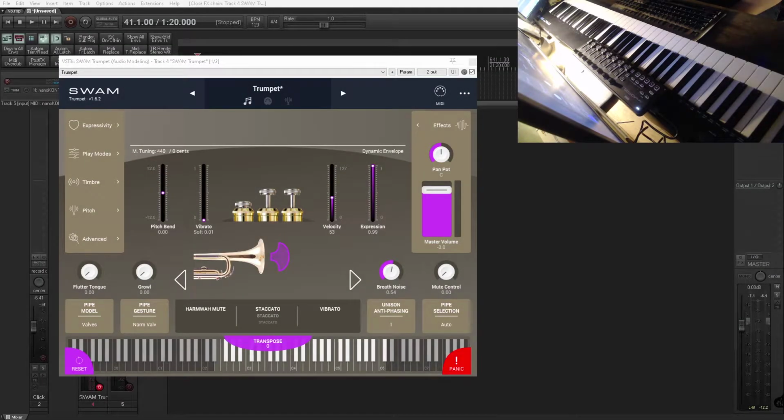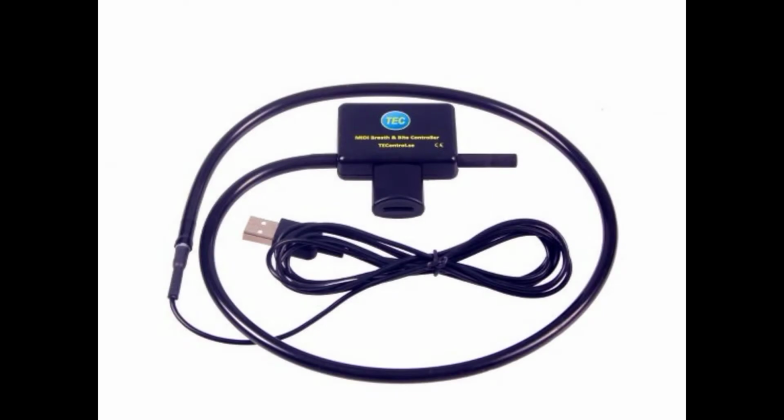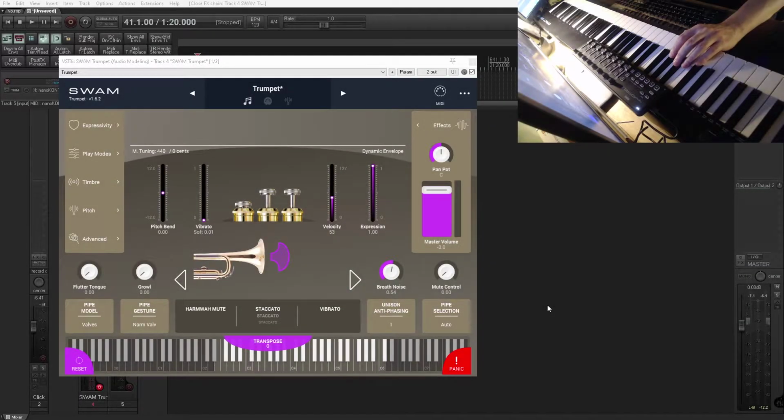So there's a whole range of these SWAM instruments. This one is the Trumpet. Now to get the most out of it, you really need a breath controller. And I'm going to get one, because then you can play stuff a lot more realistically. But they're not cheap. You see, at the moment I've got my pedal on the floor, my expression pedal, is